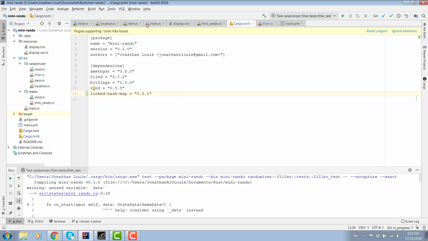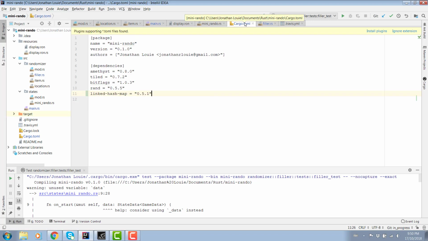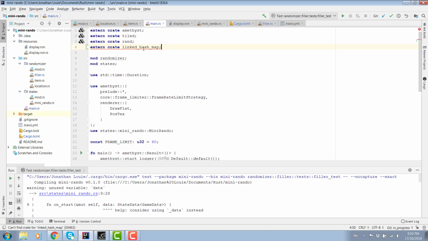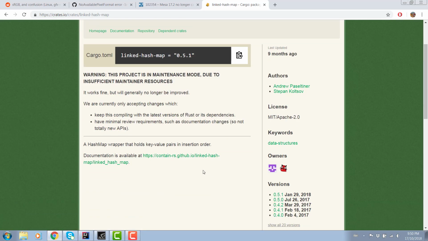We should be able to just extern crate that. What was it? Linked hash map? Is that how I would get that? Maybe not. It looks like it would be, though. Oh dear. Well, what's the extern crate for this look like? That's what I want to know.